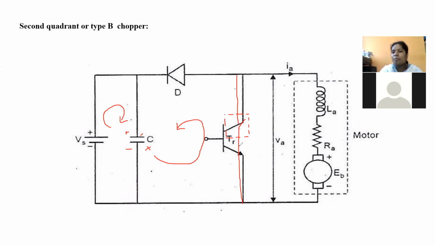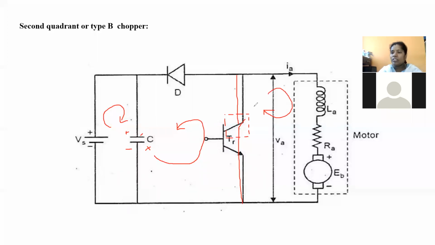Then what is the current flowing path? Because of the supply voltage, directly you are not going to turn on the chopper. But instead of that, by using the capacitor itself, we are going to turn on the chopper. Whenever this chopper is turned on, the current is moving in this direction only, through the elements LA, RA, E motor and back to chopper and back to LA. During this, that means in this path only the current takes place, whenever the chopper is in on state.